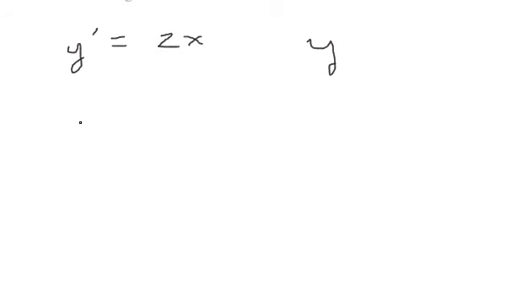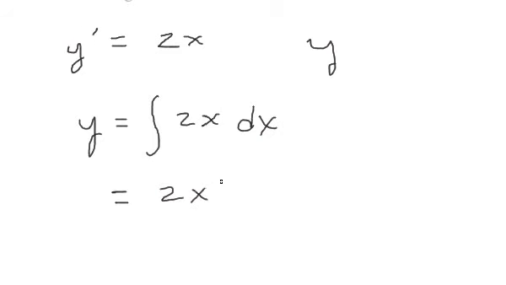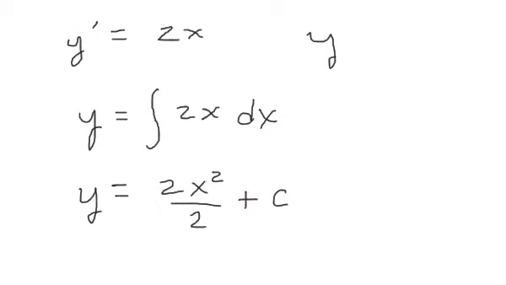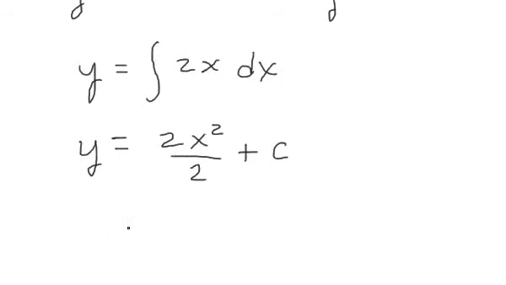And so what we're going to end up doing here is I'm just going to go ahead and write y is equal to the integral of 2x dx. So we add 1 to the exponent, so that becomes a 2. So we have 2x squared. Remember, we take the exponent and put it down into the denominator. Don't forget the c. Okay, don't forget the c. And so therefore we have our solution is